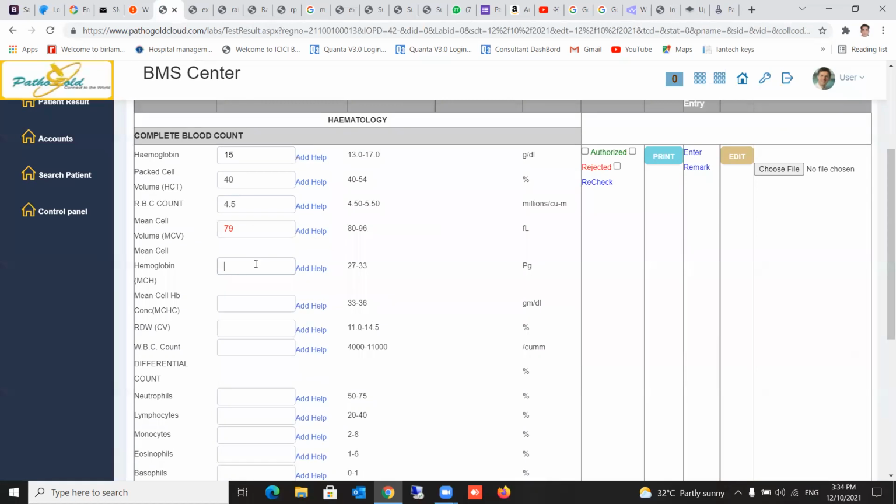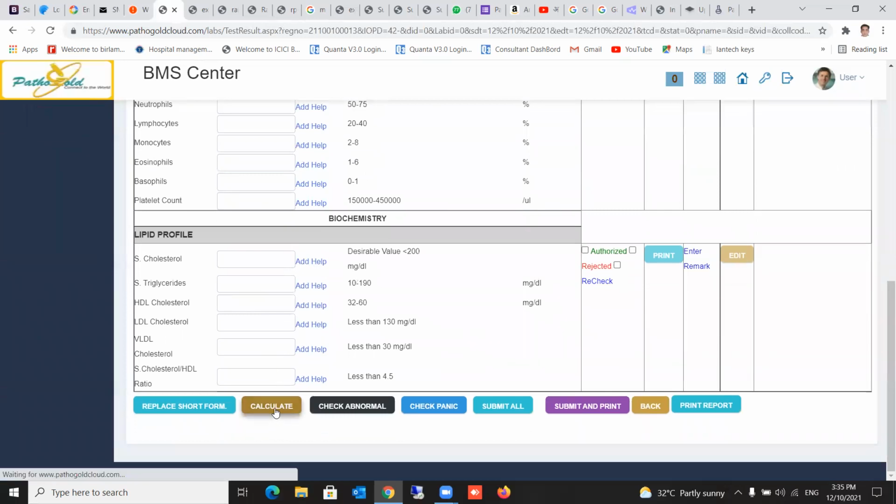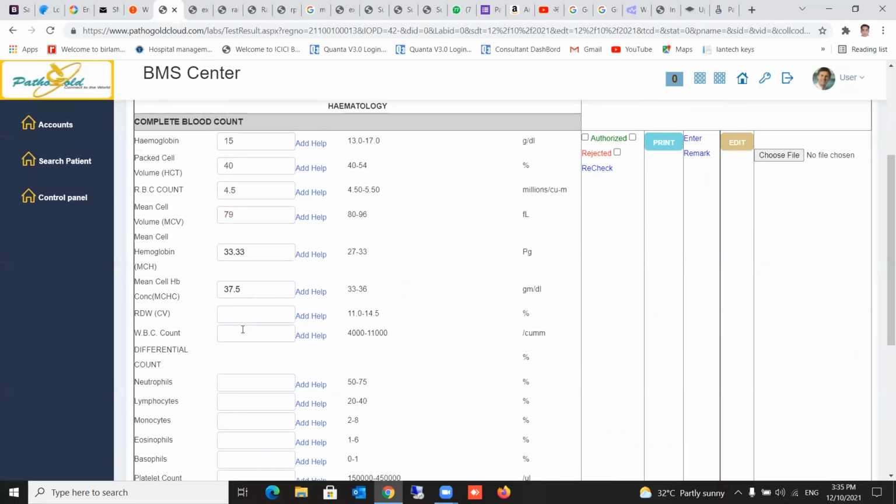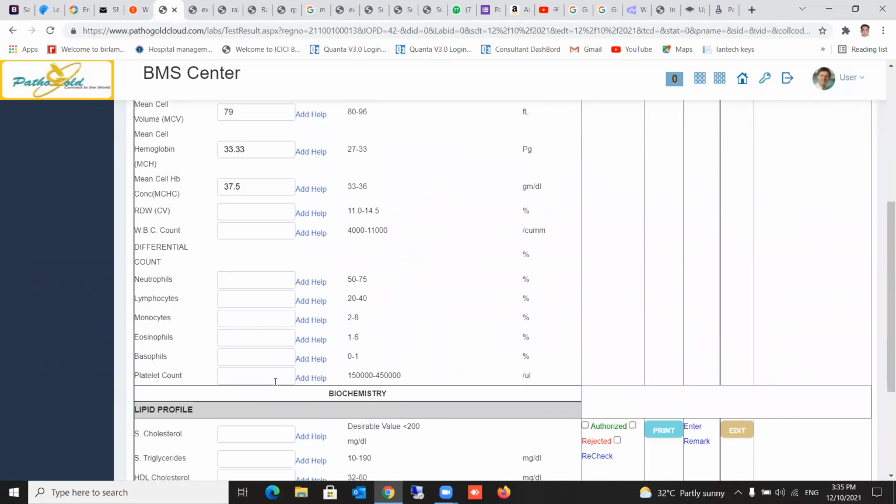Now these two values we want to calculate. What is the button? Go to the calculate button. See, it is calculated. This way you can calculate. Whichever value you enter, only that will come in the output. This way you can completely do it. Now we are going to type here 1,50,000.